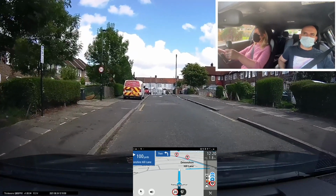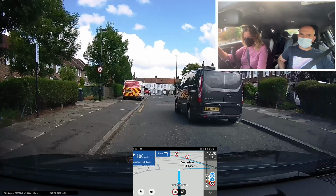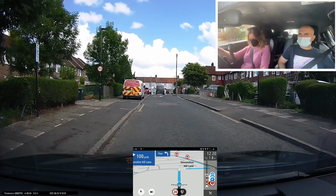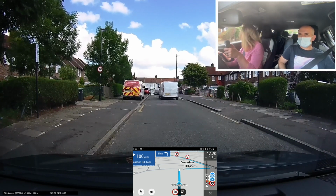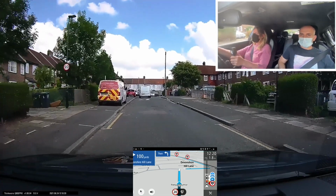At the end of the road, turn right, Devonshire Hill Lane. Then, at the end of the road, turn left. Thank you, and drive on when safe to do so, please. So the right shoulder check is back, and that's exactly what we want to see. Much better. Oh, I don't know if I needed to signal there really, but...